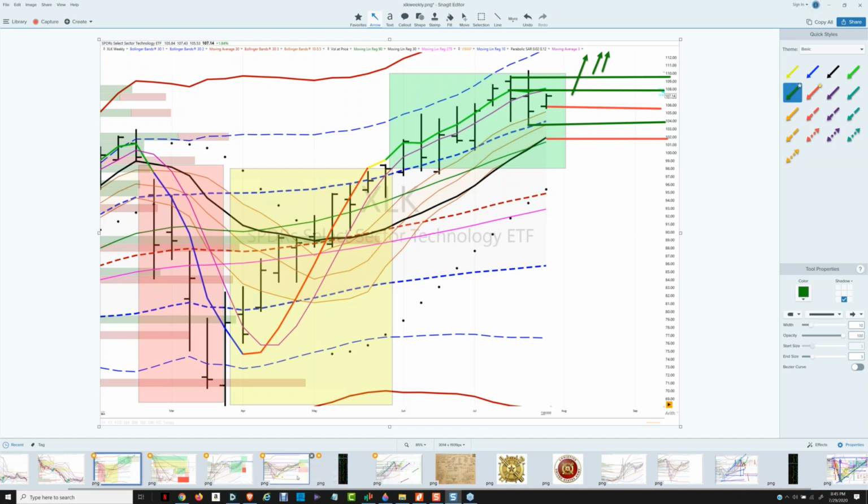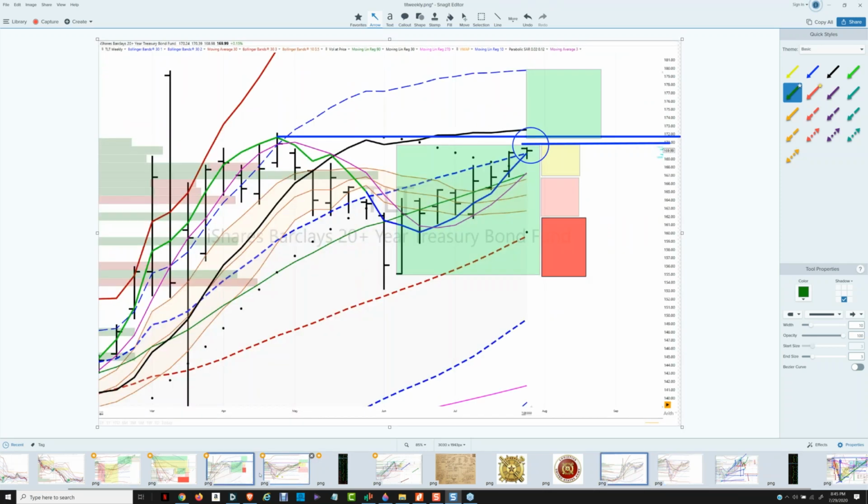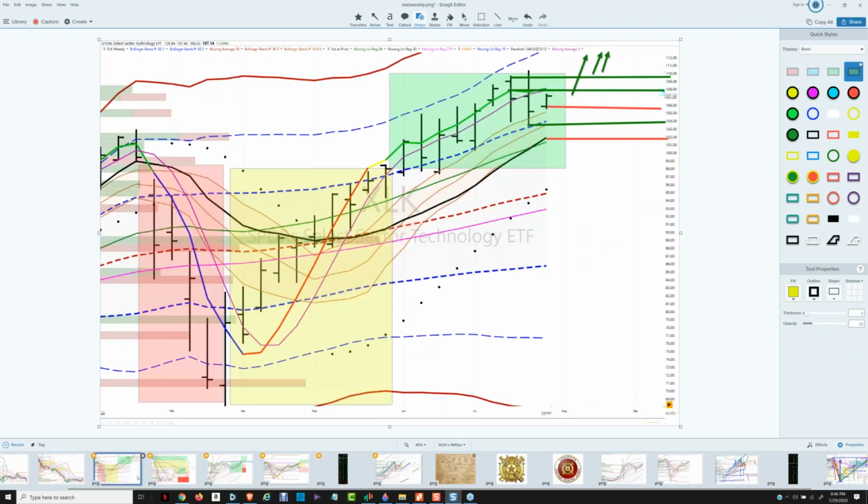So that gives us, on a weekly basis, 4 significantly different asset classes to consider. One of them is the S&P, which is ready to break through to the upside. Treasuries, which are going to be challenged to hold on to their gains. Brazil is much more of a latecomer. It's only gotten through its first wave of success. There's still a lot more room in this yellow zone for it to make gains. And then the excess gains from technology, which have already recovered completely.